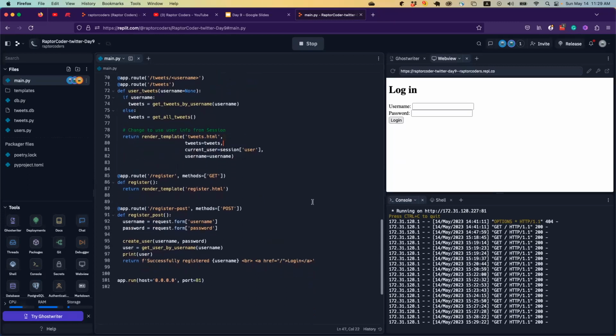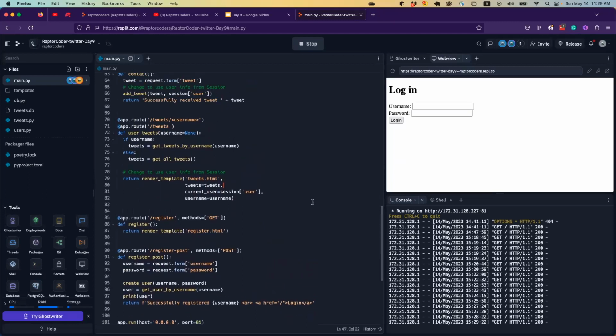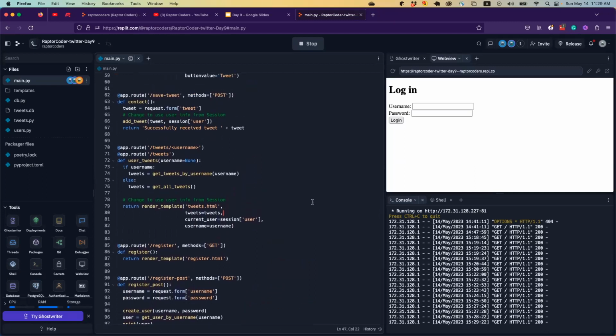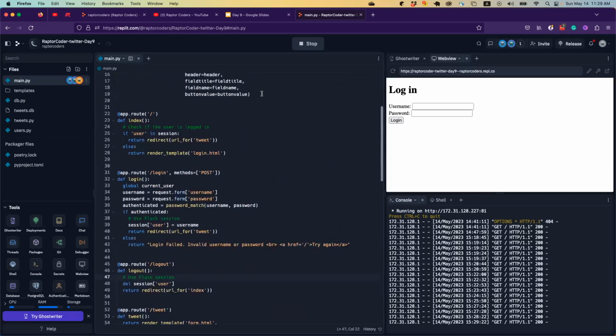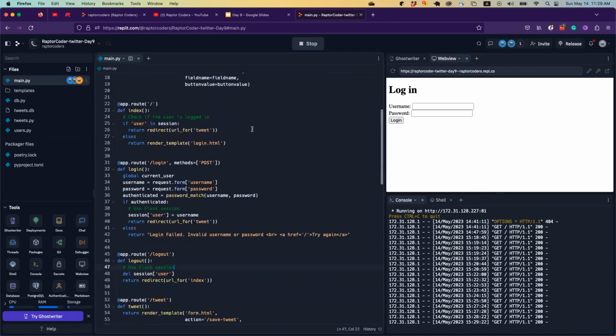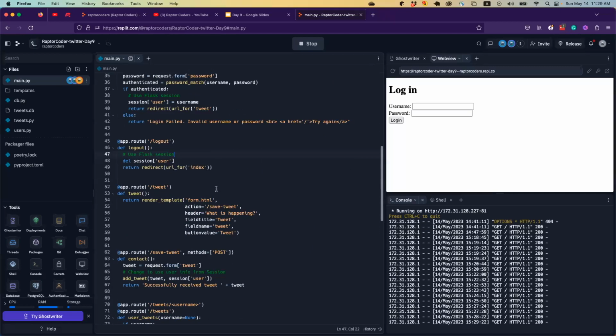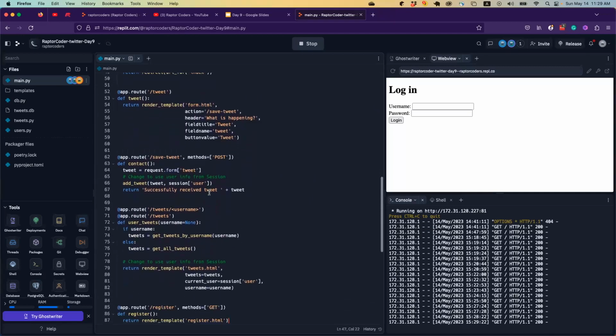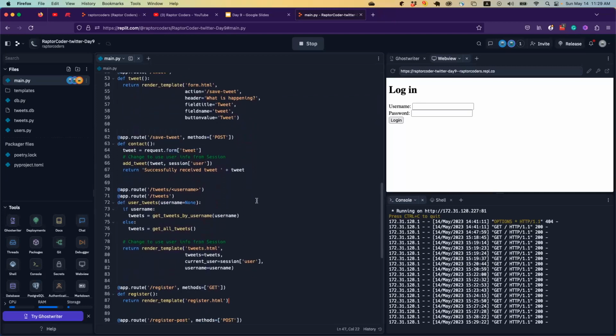I think that's all. As you can see here, in all the places we are using the session variable, accessing the session variable, checking if the user is there in the session. This is okay for now, but for a good developer